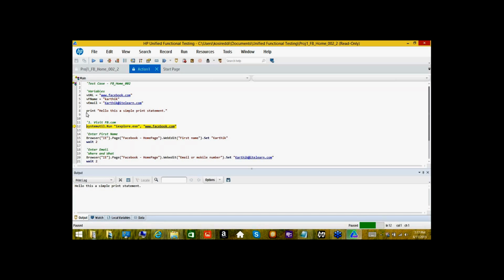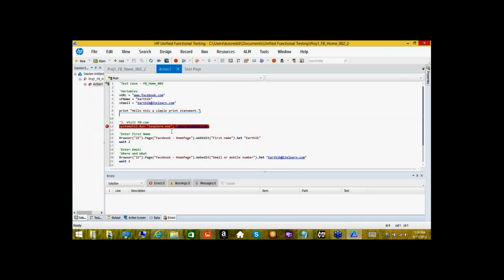But I put something on line 8. That is something called a print statement. This print statement is very simple, team. All that it does is, if I give anything within double quotes, it will print that in this output dialog box. This is not actually a dialog box right now, but you can drag it to be a dialog box or you can leave it like this as a window pane and it will print the same thing out here. Whatever you give in quotes, it will print the same thing out here. So at this point, I am not focusing on executing on the application. I'm still working on the variables. So I'm going to stop the test run here,